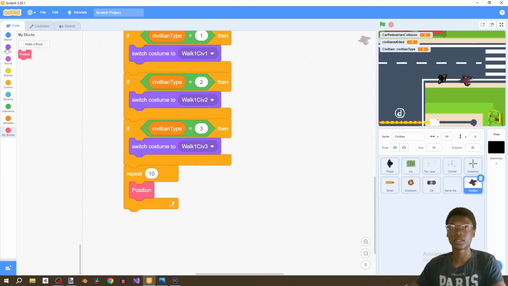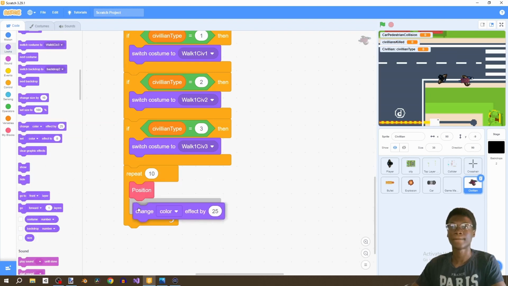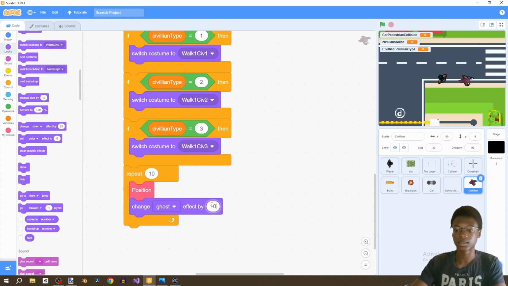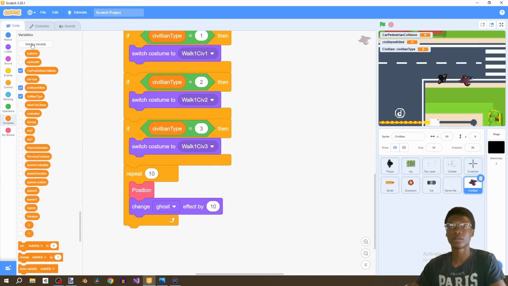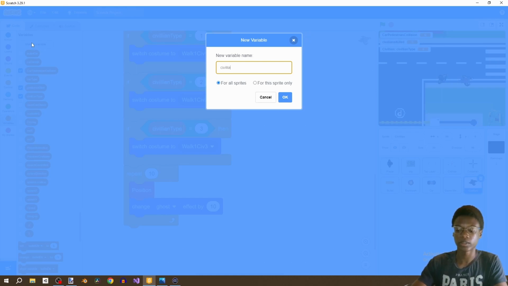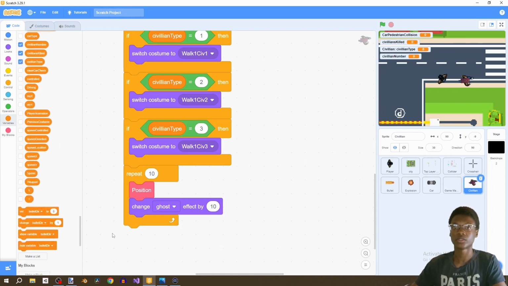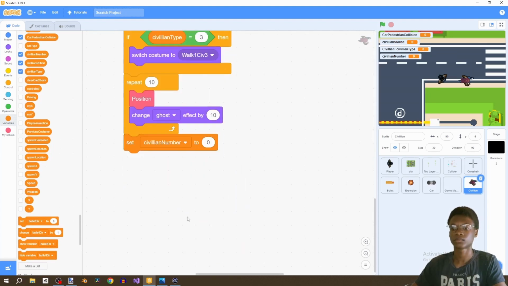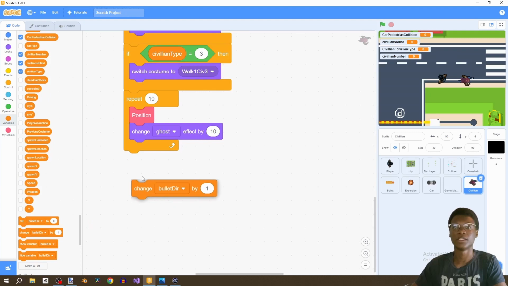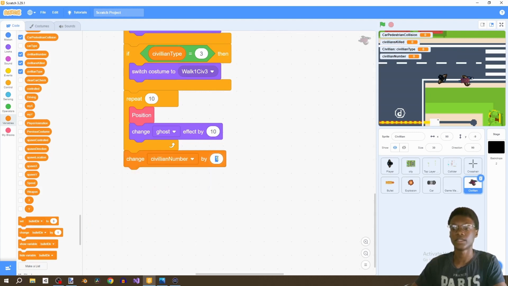So we're gonna do position and change ghost by 10, and then we're also going to create another variable called civilian number, make it public, so for all sprites, and then we're going to change the civilian number by -1, and then set